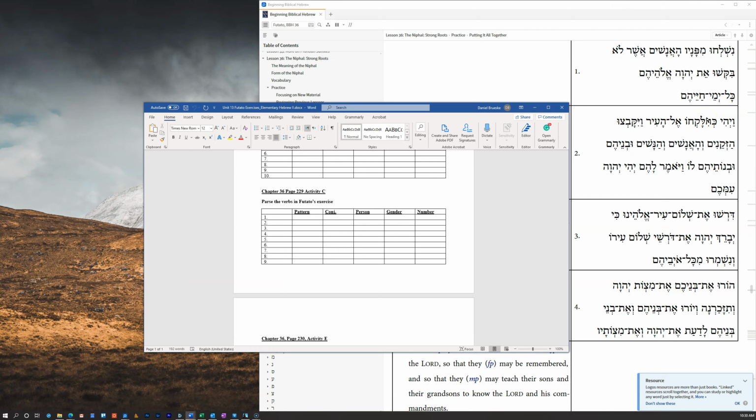Now we don't need a subject for a finite verb, but an infinitive, I guess our subject is implied by the main verb. So since the main verb is 3MP, I'm going to translate our subject here as masculine plural they. So, and it happened when they took him to the city,